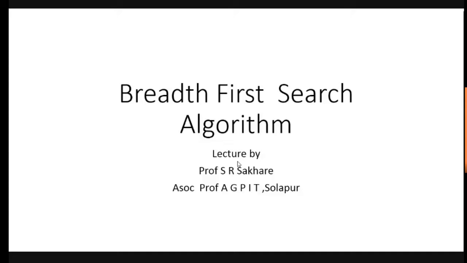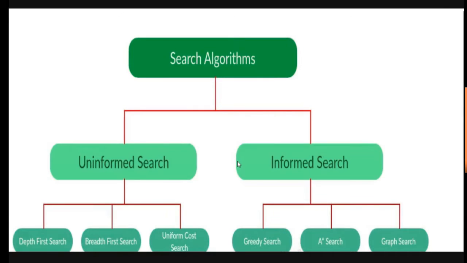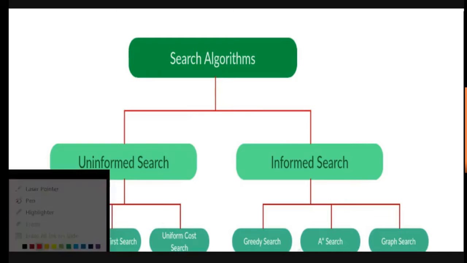So we are moving into the search algorithms, and the very first algorithm for this search method is breadth first search. Now, if you remember the chart that was done in the last class, we had classified the search algorithms into two: uninformed and informed search. In uninformed, we have no idea, and it is actually a blind search.